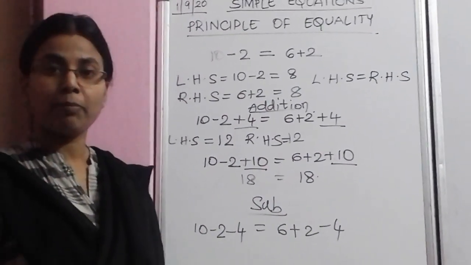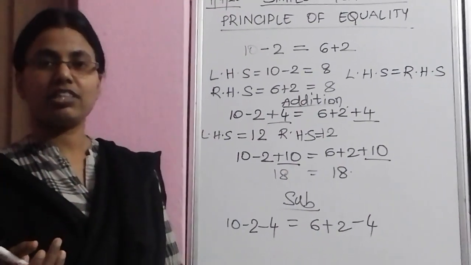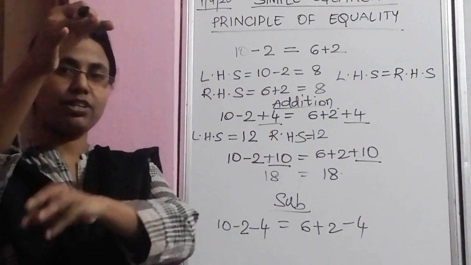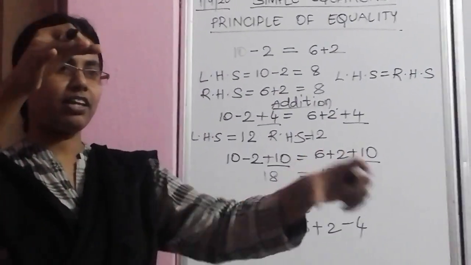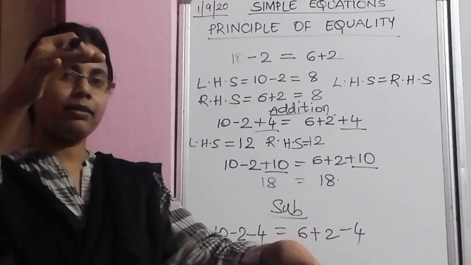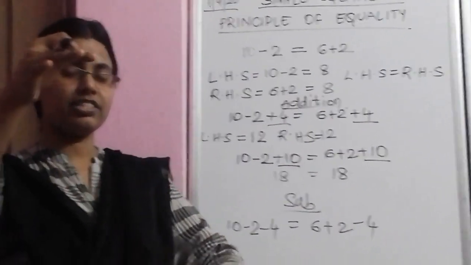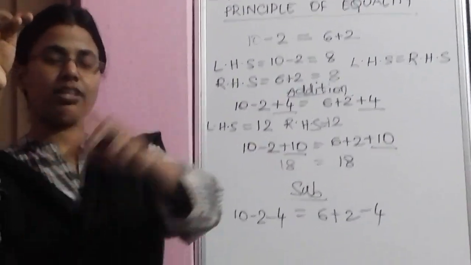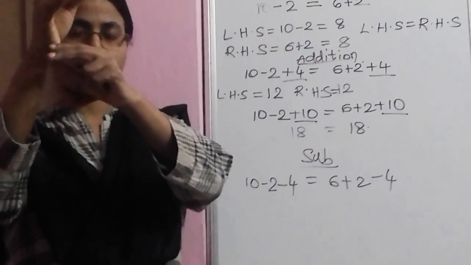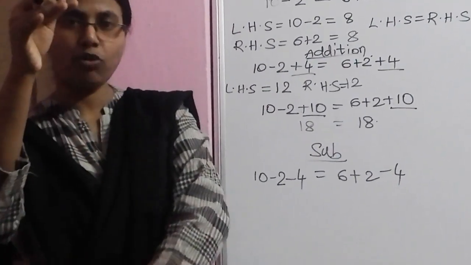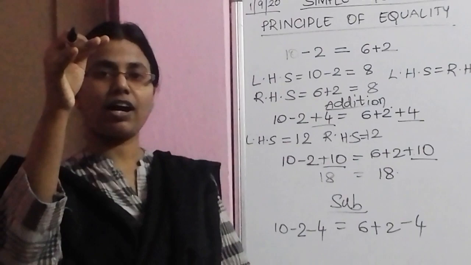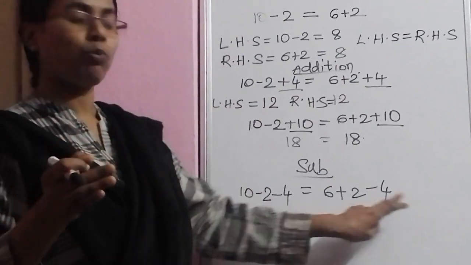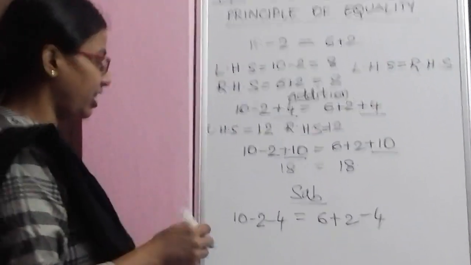You know, when you go to the market, if you buy vegetables, they use a weighing balance. They will hold it like this and put a 1 kg bar on one side, and on the other side they are going to put the item, whichever you want, and see that the balance is maintained. If I add to only one side, what happens? There is nothing in this pan, so this right pan will go down because it has the 1 kg bar in it. So when we are doing addition or subtraction, we have to do it on both the sides. We have to maintain the equality.